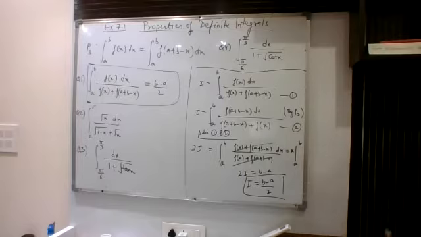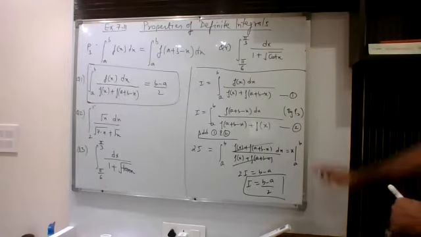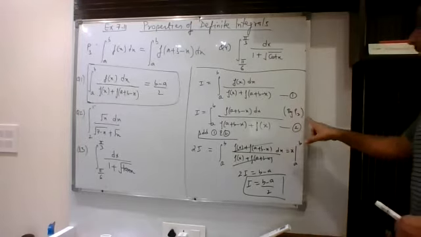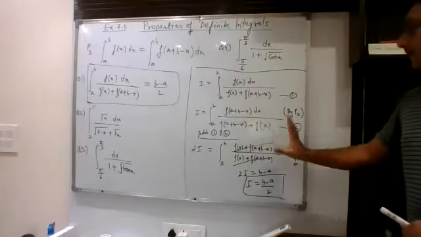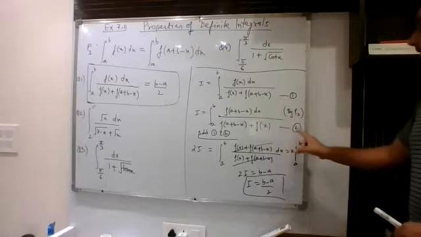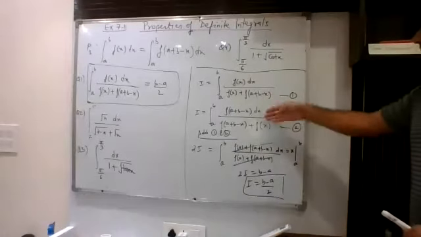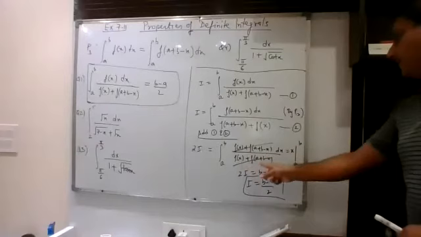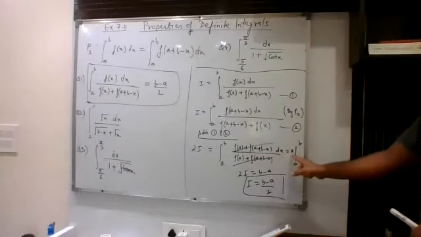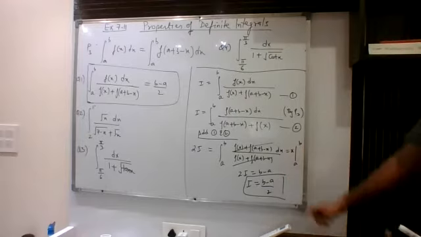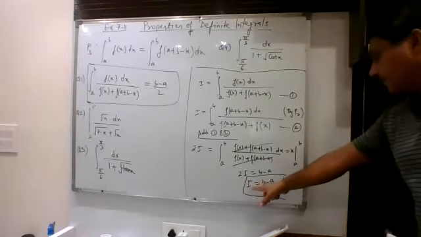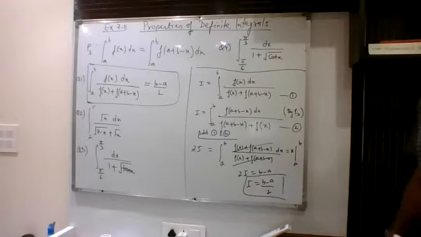Just write down this. Suppose I, we are using P3 property. That means in place of x, we are writing a plus b minus x. After that, this is what you will get. Call this number 1, call this number 2. So these are symmetrical. Just add and eliminate this. You are left with integral dx only. Integration of dx is x, upper minus lower, b minus a. So finally you will get I as (b minus a) upon 2.